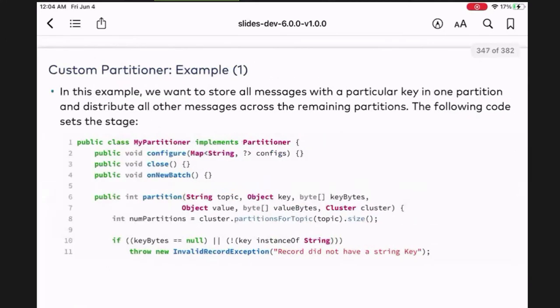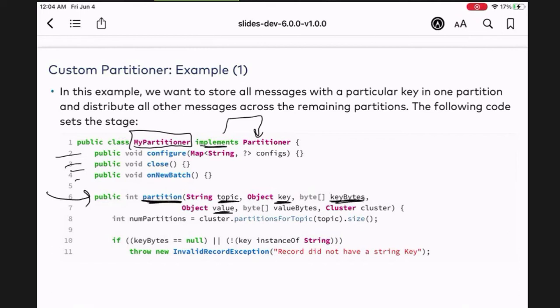And here's an example. In this case, I say public class, I call it MyPartitioner, call it whatever you want. It implements the Partitioner interface. So that means now I have to define the methods. I have these methods, but here's the one that we want to focus on. There's the partition method, which takes the name of a topic, the key, a serialized key, the value, a serialized value, and then this cluster metadata.